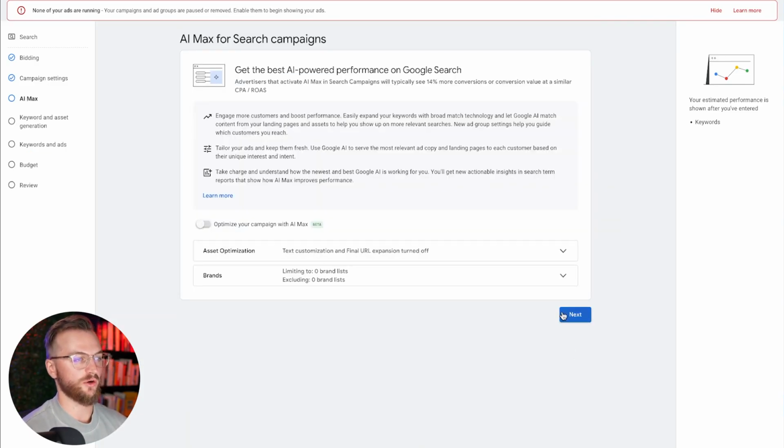Next, we're going to get to here, which is now the AI Max settings. And so this is saying get the best AI powered performance on Google search. Advertisers that activate AI Max in search campaigns will typically see a 14% or more conversion or conversion value at a similar cost per acquisition or ROAS. So engage more customers and boost performance, easily expand your keywords with broad match technology, tailor your ads to keep them fresh,